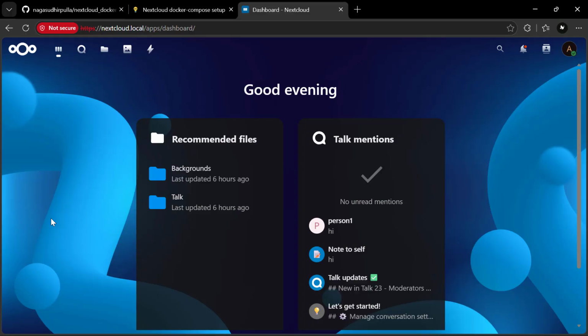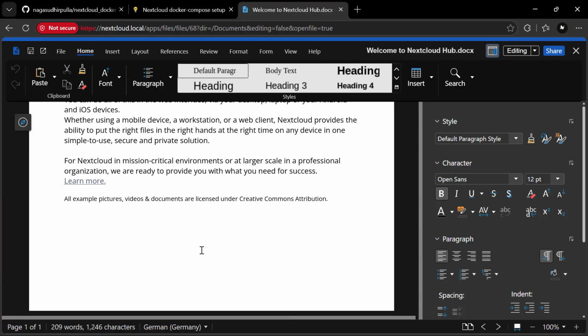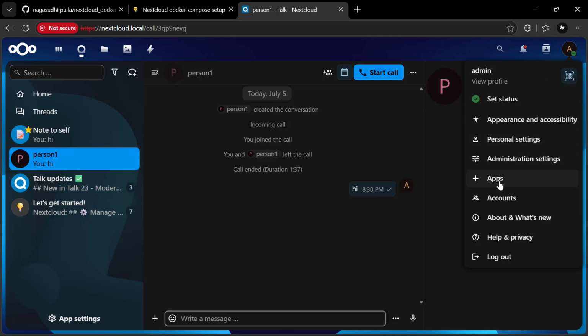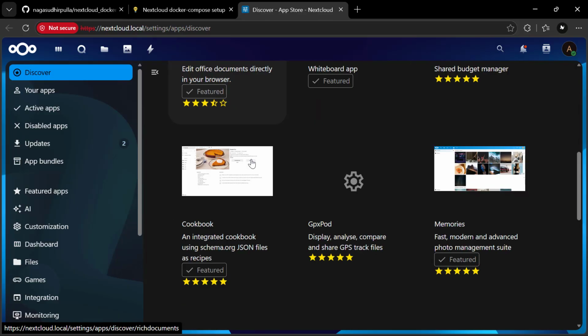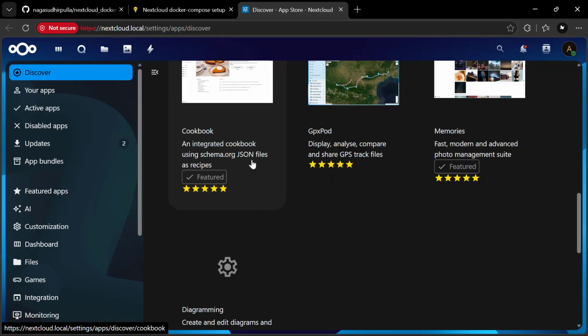So that's it guys. This is how you can set up your own open source self-hosted office suite using Nextcloud. And the best part is it's a simple Docker compose setup which runs containers. That means it's portable. You can edit documents, Excel sheets, slides, you can do chats, video calls. So it's like a complete office suite. So these are the basic required apps for an office setup. And if you want to add more apps to this Nextcloud, you can just go to the administration apps, and there are a ton of apps just like Play Store. You have a lot of community apps and you have a lot of other extensions you can add to your